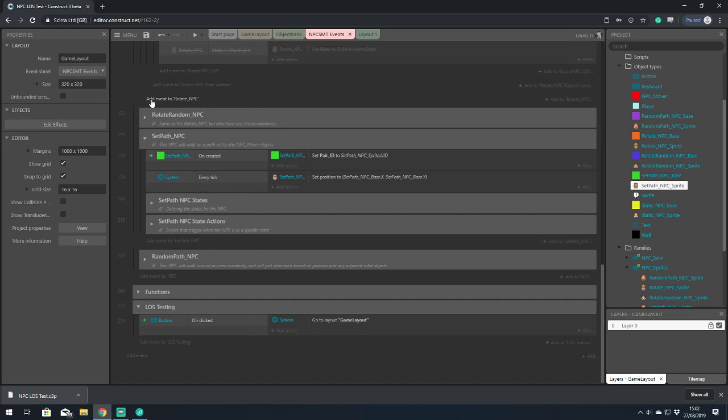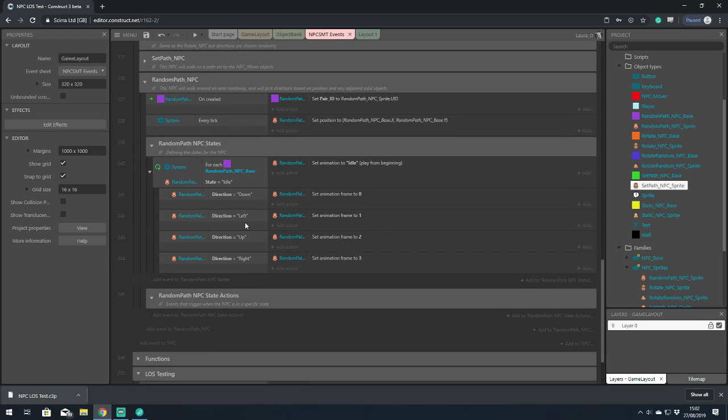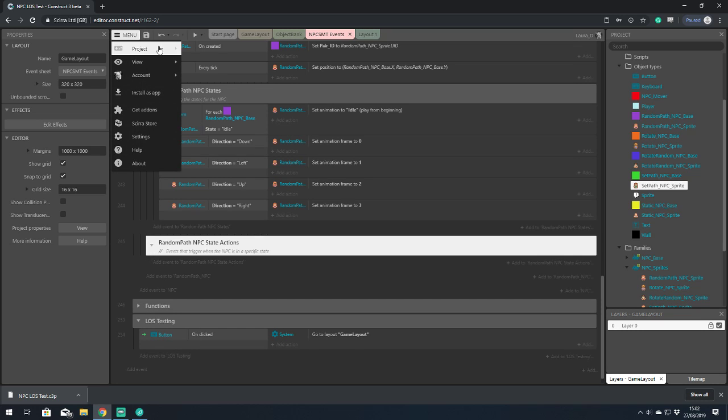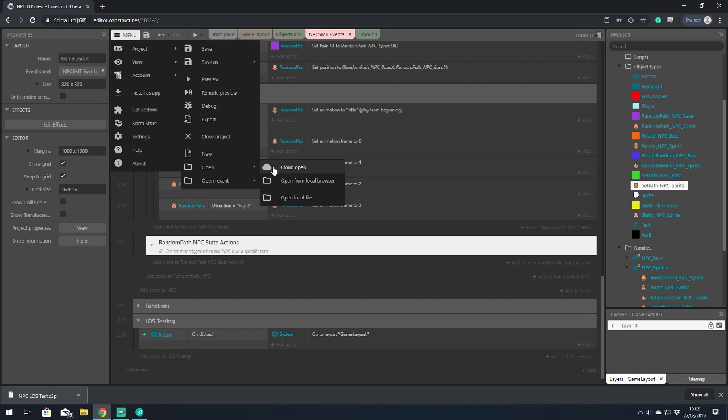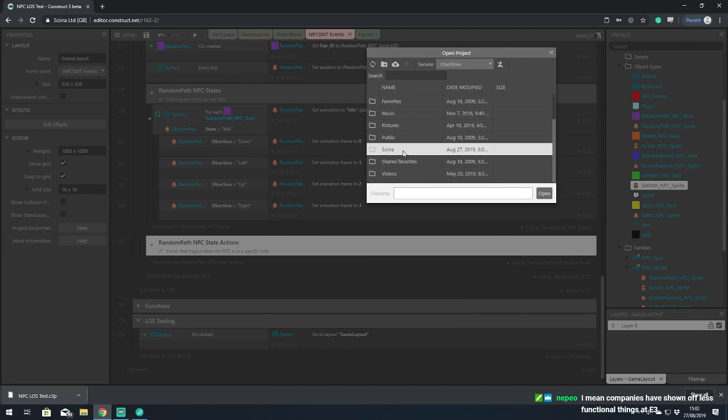Right. Okay, well that's exciting. That path is done. Now it's just random. Oh, which I haven't actually built in this. That's stupid. Right. Open another project that's actually got all the stuff in it that I need. Because